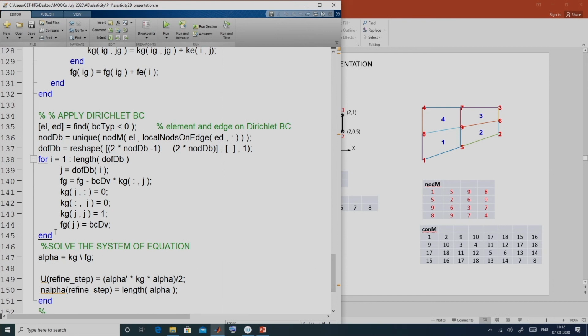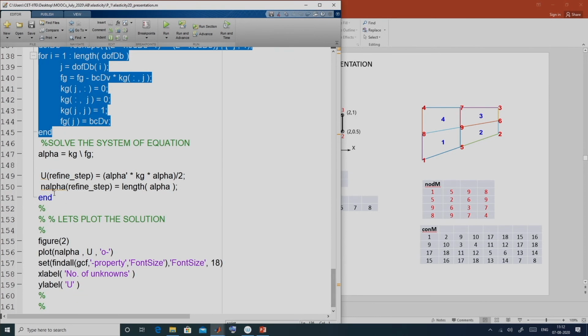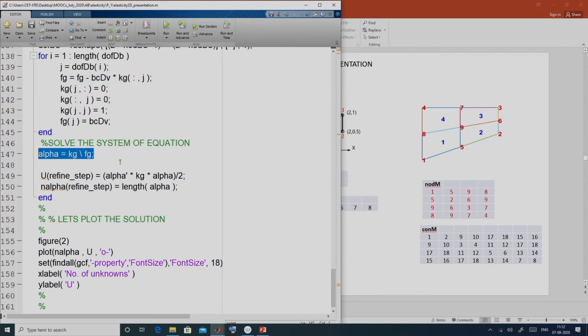After that we imposed the Dirichlet boundary condition, and ensured that it is satisfied. Finally we solved the problem k alpha equals b, or k alpha equals f, and we invert it using the backslash operator. This is the nodal solution obtained from the finite element model.